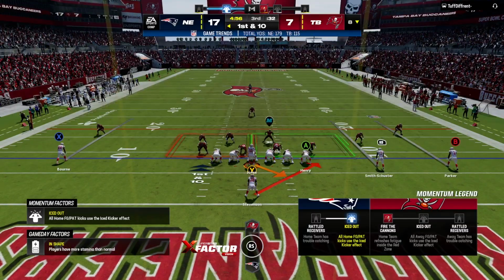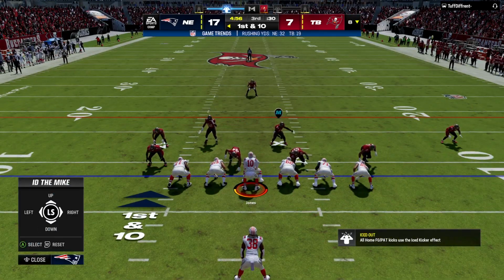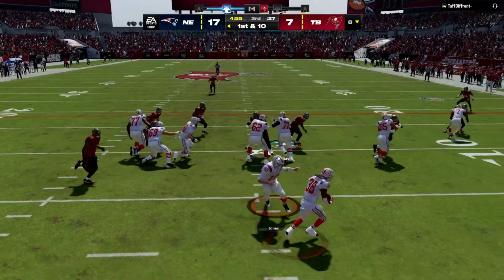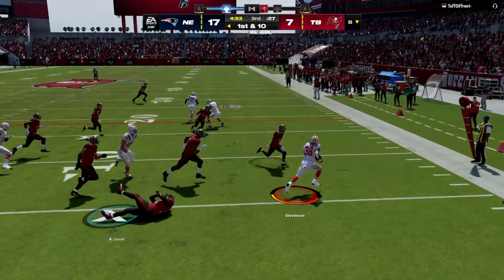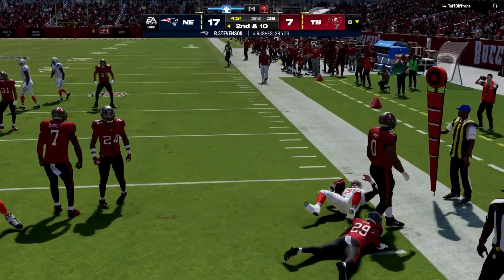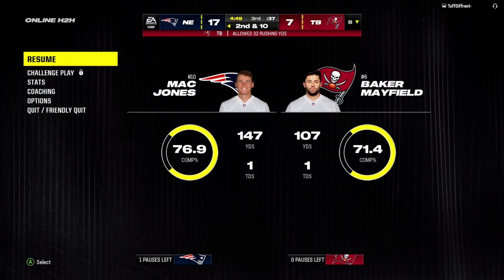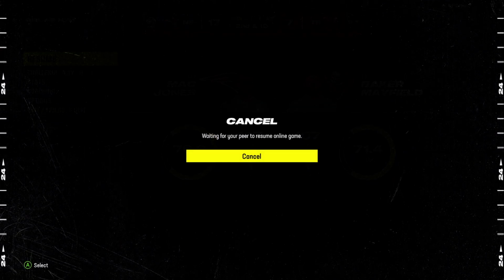Anytime you feel the kickoff inside your own end zone, you've got to be decisive about whether you're bringing it out or not. Sometimes that indecision can really cost you. That may have been what happened on that play. The drive starts with a carry by Stevenson. And just no chance of turning the corner. He can only get...